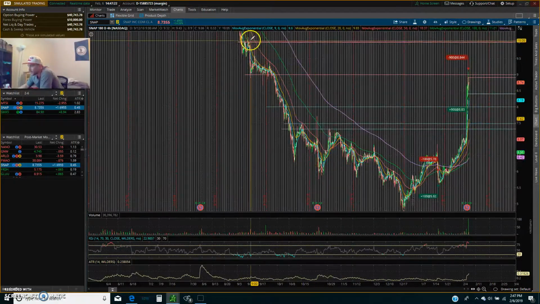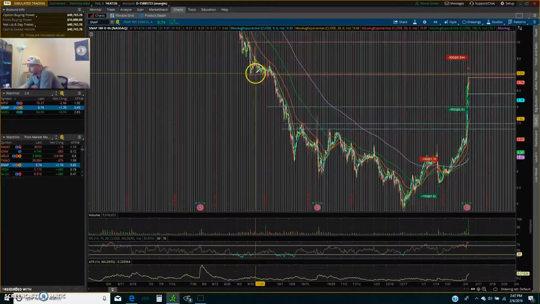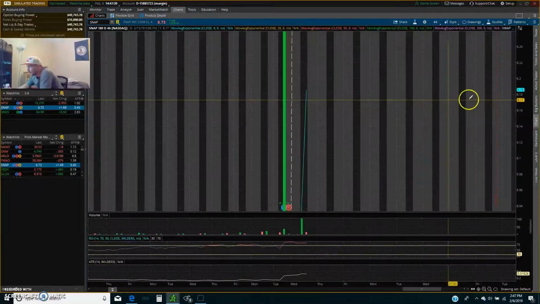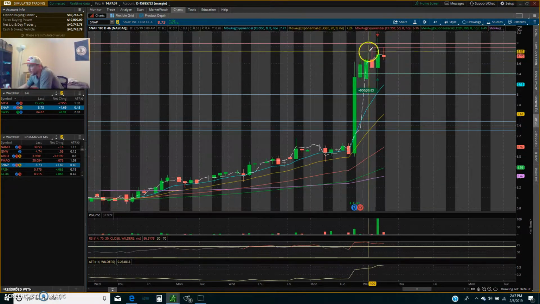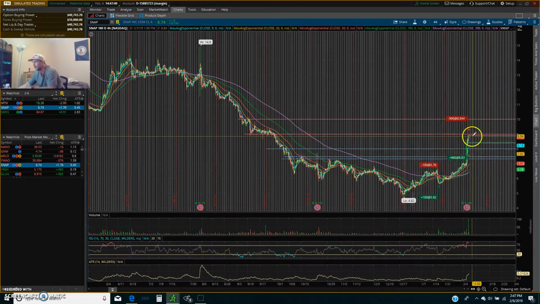So I marked off this red line here where the price had hit before, and I marked off the bottom right here where the price had hit. So it hadn't gotten there pre-market, but it ended up playing around with those levels during the day. Now that's the $9 level, and this is why I marked that level off, because it's a whole number, and